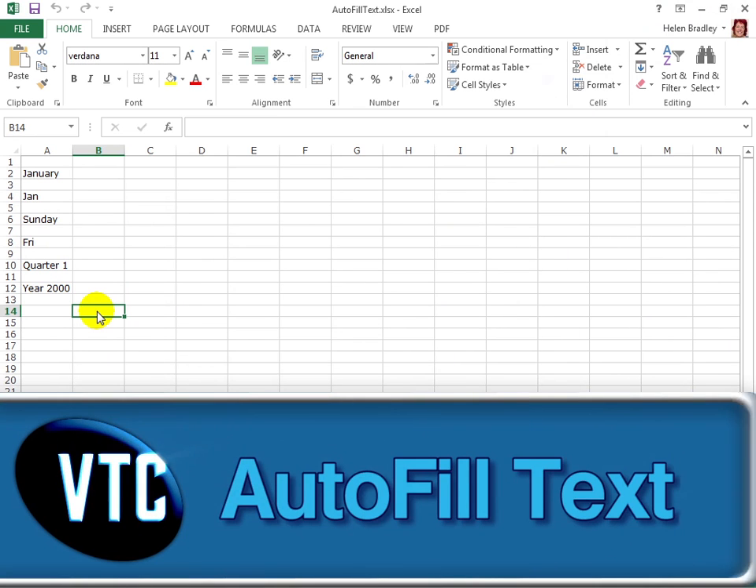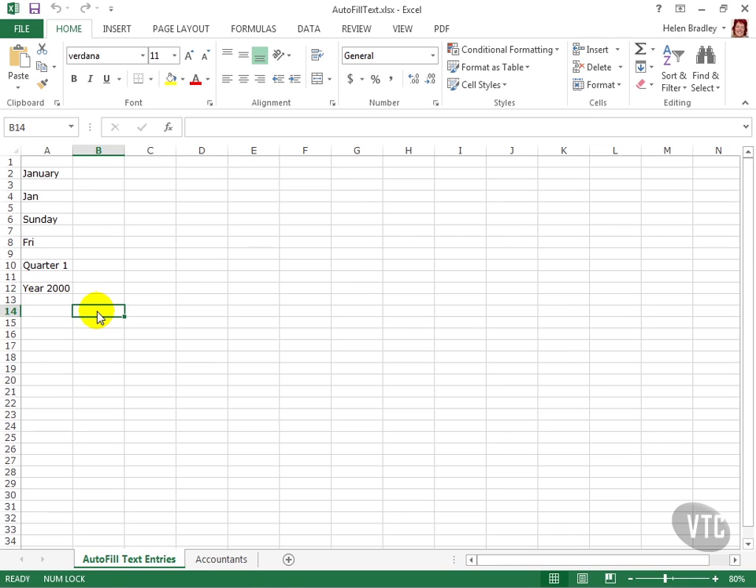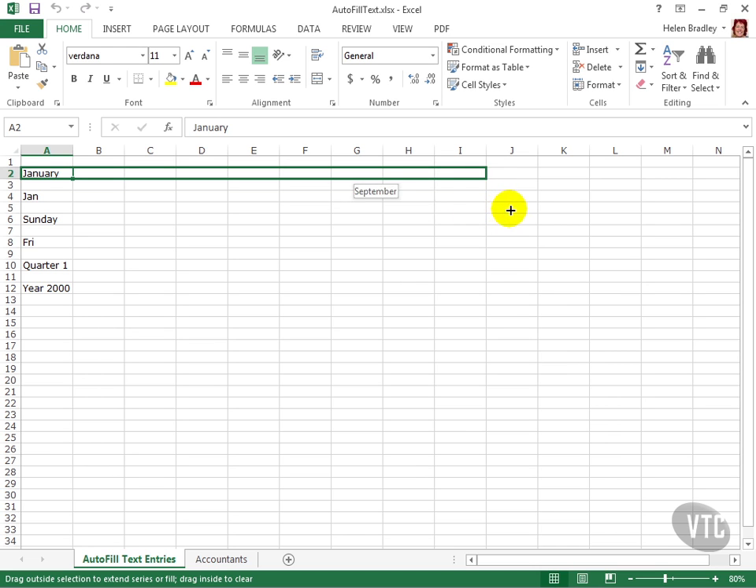Just as you can autofill numbers and dates, it's also possible to autofill text. One situation in which this may be of use is when you need to enter the months of the year across a worksheet row. Here I've typed January into a cell. I'm going to drag on the fill handle using my left mouse button, and you'll see that the tooltip shows